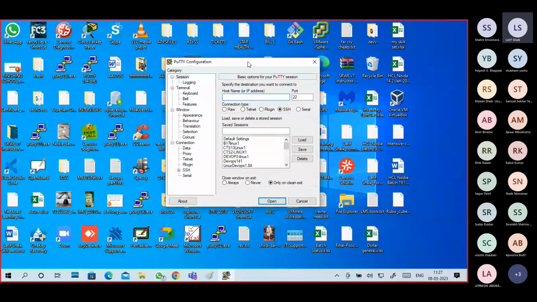Look here, this is my PuTTY. I want to connect to my remote server. I want to connect to this server through SSH. Even when I select SSH, it shows the port number. Port numbers can be changed. We don't change the protocol, but port numbers can be changed as per our server.